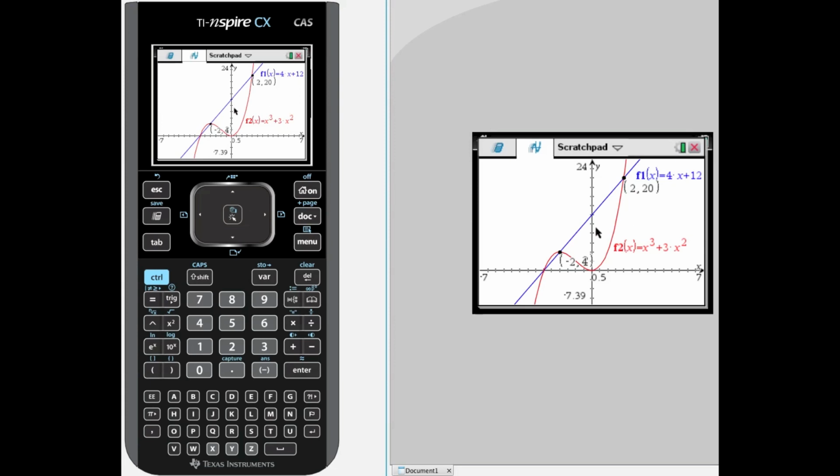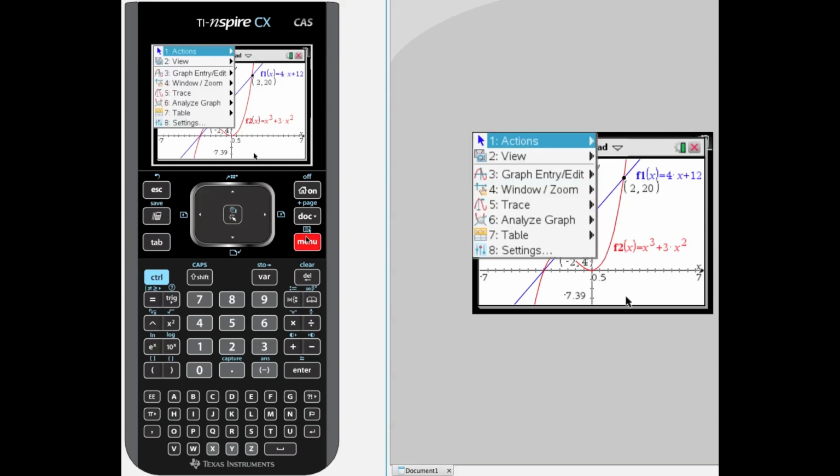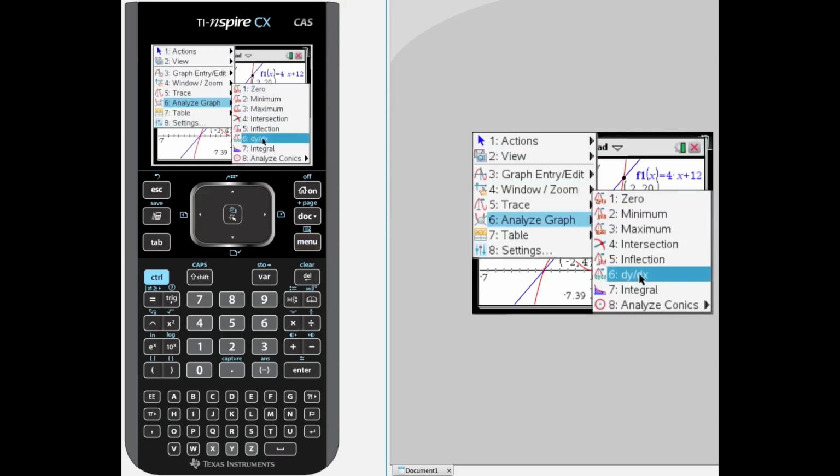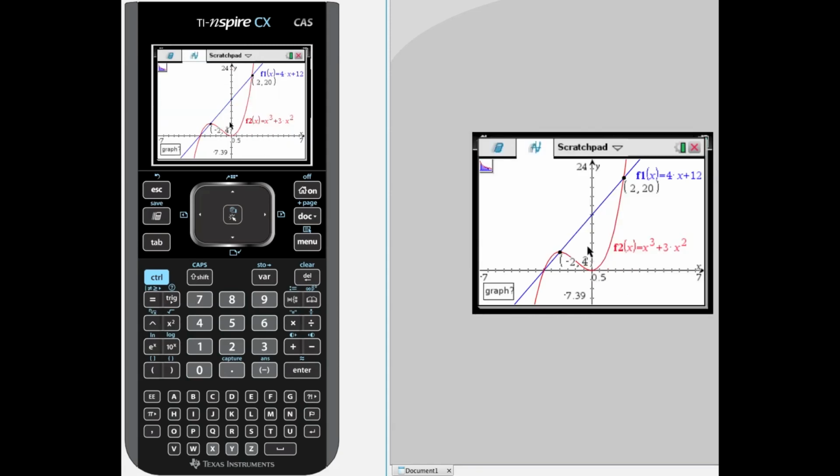Alright, so I want to find the area below the linear function of 4x plus 12 between these values. Menu, Analyze Graph, let's find the integral. The calculator will ask you what graph. We want to do this one, so you have to do this one graph at a time. Lower bound, you can just type in the number. So I'm going to go -2, and there's a little box opening up here. Enter, and you'll see that with the Inspire, it will show me the area below the curve as I move my upper bound around, but we want that set to a concrete value of 2.